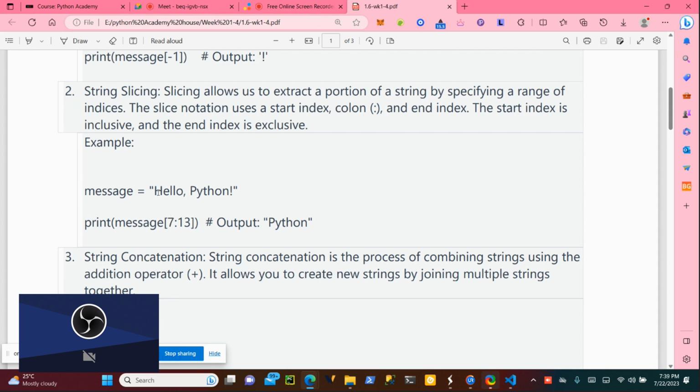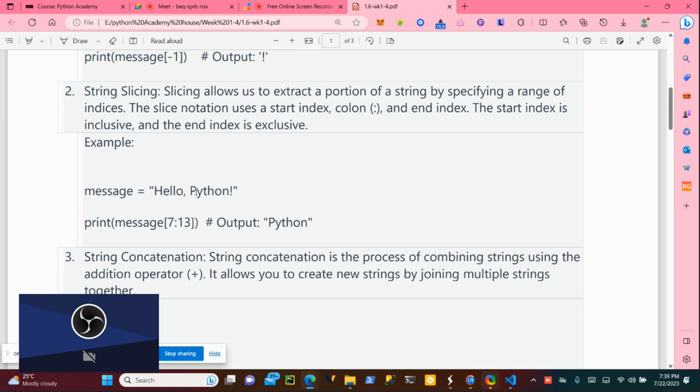If I count here, 0, 1, 2, 3, 4, 5, 6, P is starting from 7. So I'll have my start index to be 7, because I want to print Python. And the last one is 13.